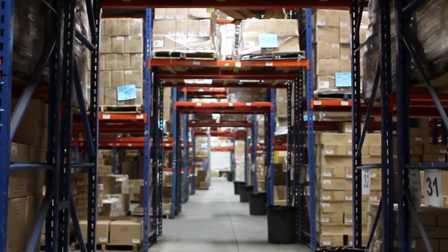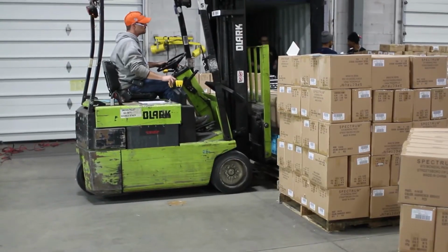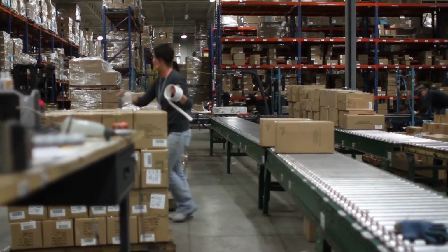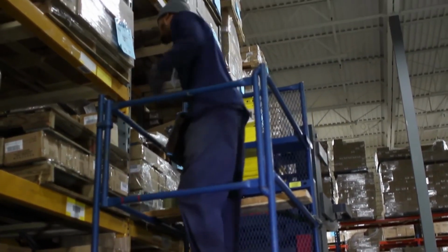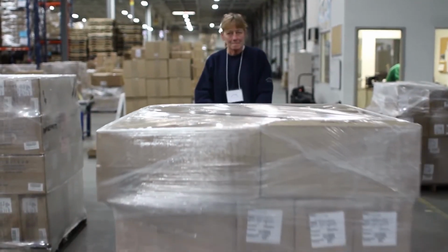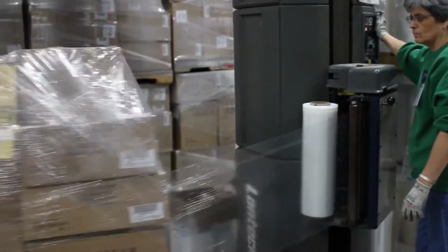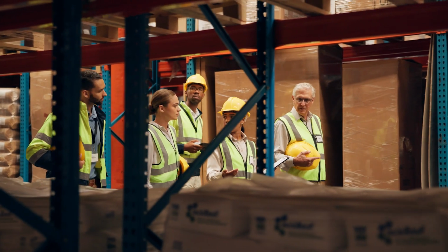Spectrum Diversified Designs, a leader in innovative houseware products, faced the challenge of modernizing operations in their 400,000 square foot warehouse. Following a recent consolidation from 2 facilities into 1, they required enhanced optimization of existing processes to achieve greater efficiency. Seeking a solution that would integrate with their Microsoft Dynamics 365 Business Central ERP system, Spectrum partnered with Barcom